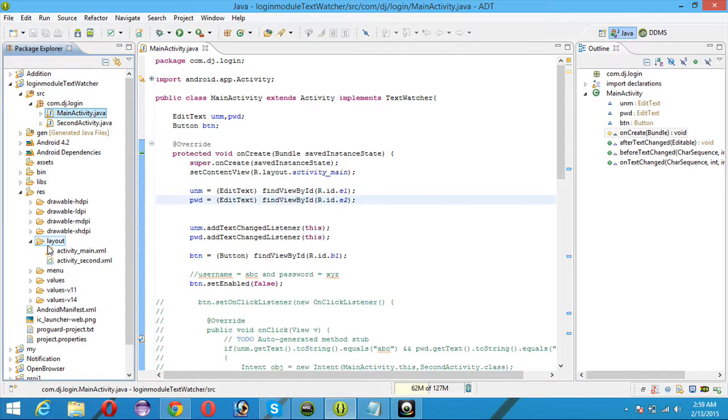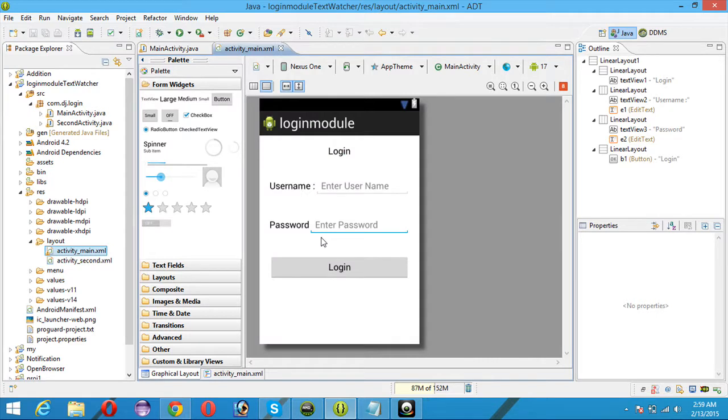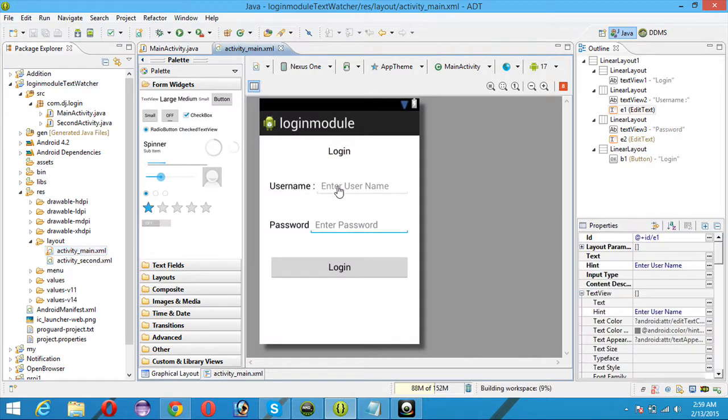First, in this project we have taken two EditTexts, for which I have generated the IDs E1 and E2. This is a simple login module in which, whenever the username is ABC and the password is XYZ, the login button is enabled. Otherwise, the button is disabled. So